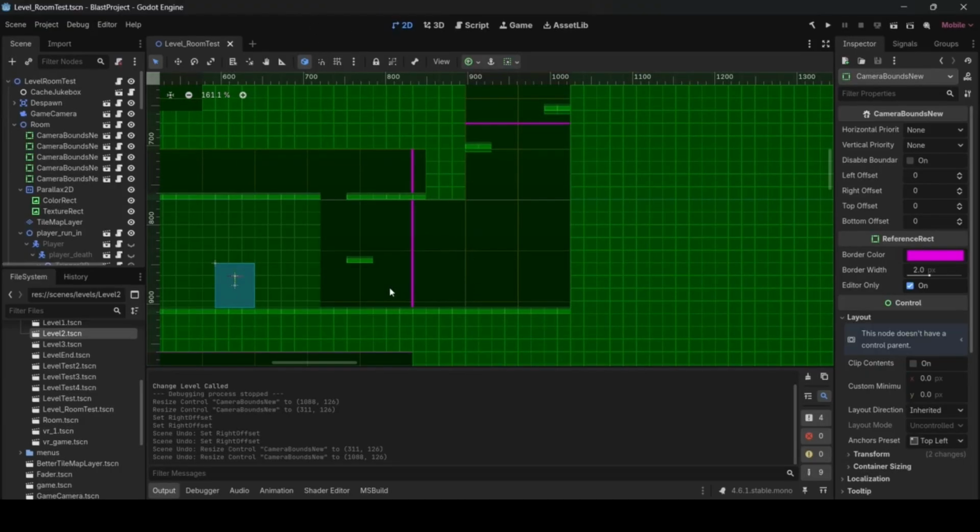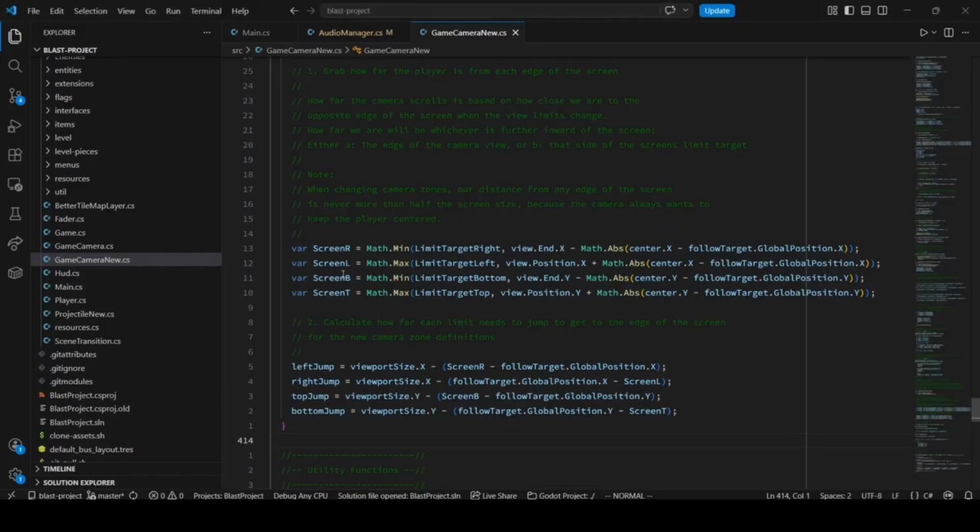So in the case that you cross this threshold and suddenly you do have more space, we need to find out where the new edge of the viewport would be now that we have a greater limit to jump to. That's essentially what this logic does. We're figuring out where that new edge of the viewport is going to be, and then we set a value that says, when we start scrolling the camera's limits to our new limit target, instead of jumping to that new target, we're just going to try to jump to the new edge of the